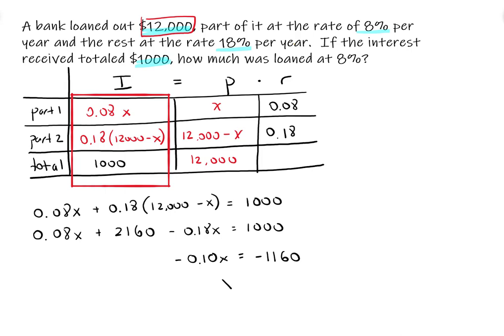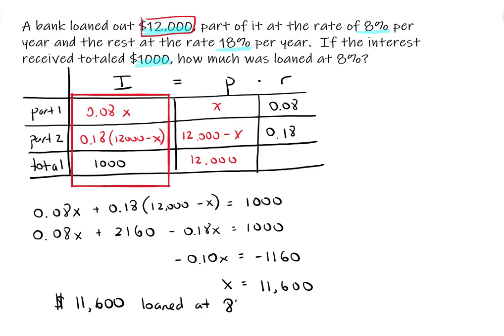Now dividing by negative 0.10, I'm going to get 11,600. So we have 11,600 loaned